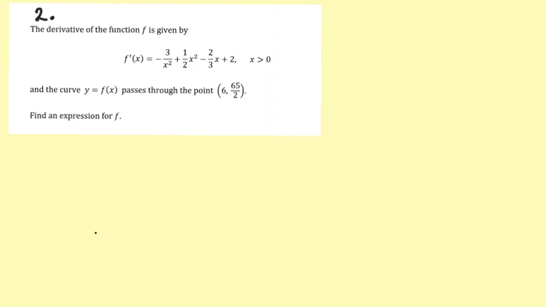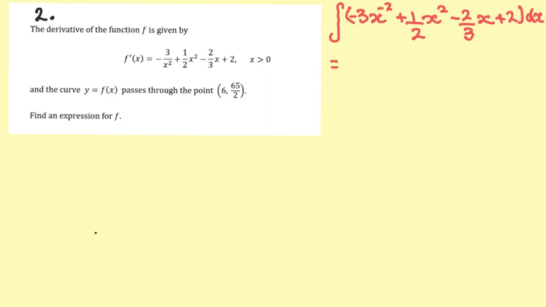Find an expression for f. The first thing we need to do is integrate f dash of x. So we need to integrate minus 3 x to the minus 2, I brought that x squared to the top, plus a half x squared minus 2 over 3 x plus 2 dx,